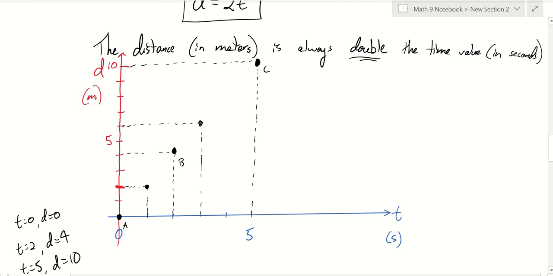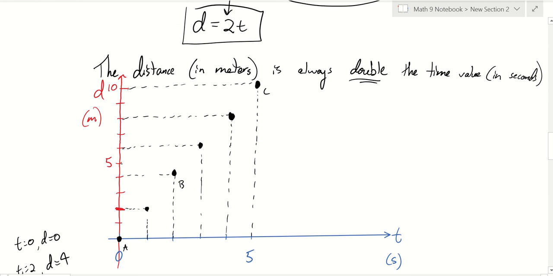And at t equals 4, d should be double that, right? That's our pattern. Our pattern is that d is double whatever t is. So there we go. So we've charted all of those correspondences, and you might say, hey, I don't necessarily have